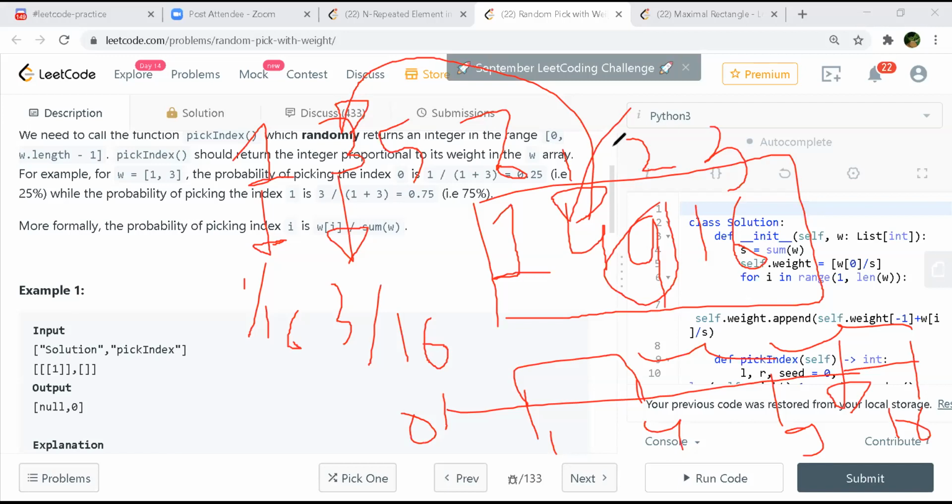I can use the upper bound, because I have to go forward in this space: 9 to 16, with 9 open bracket and 16 close bracket, belongs to 7. So this gives me the idea of upper bound.